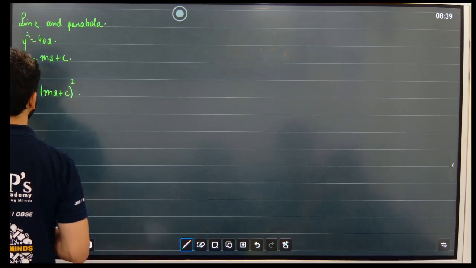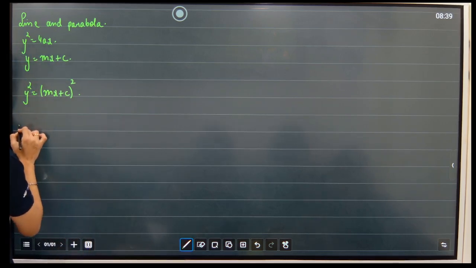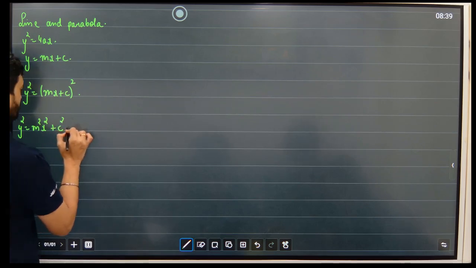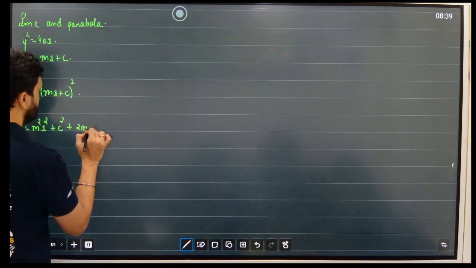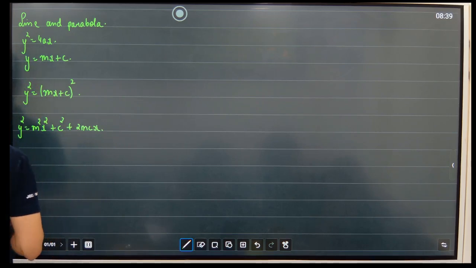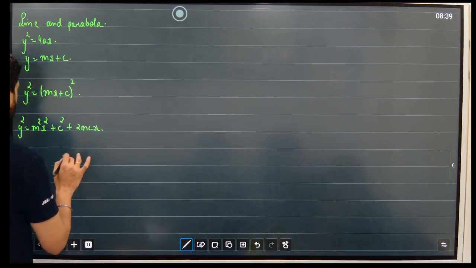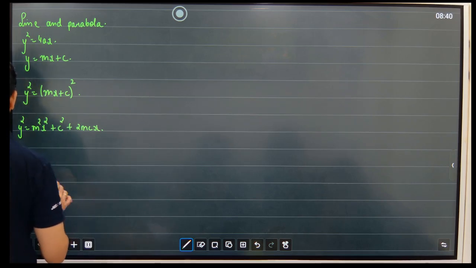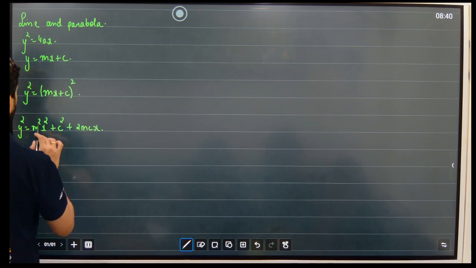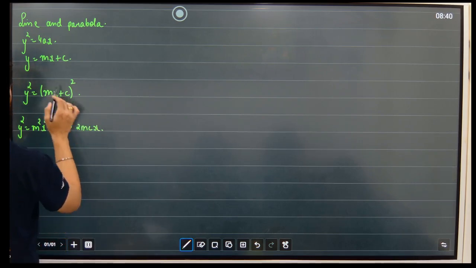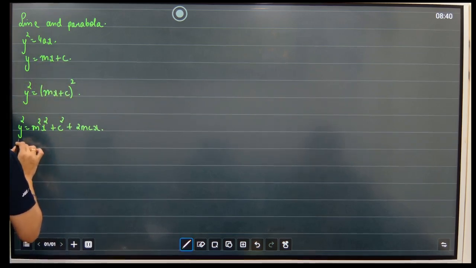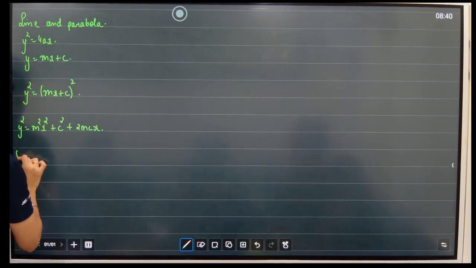Now if I expand this, y square is equal to m square x square plus c square plus 2mcx. If I arrange this, I have y square equals m square x square plus c square plus 2mcx, and y square is 4ax. In case I substitute y square ka value as 4ax, this will become